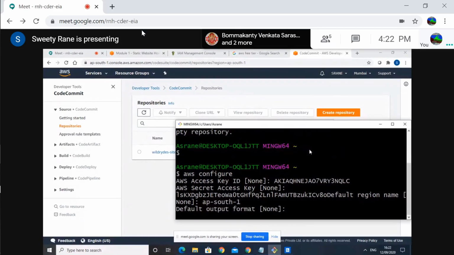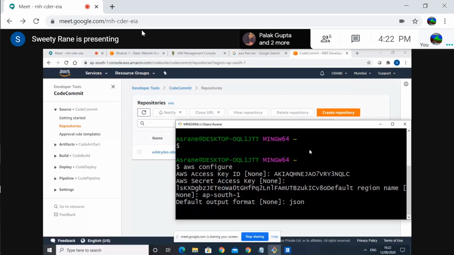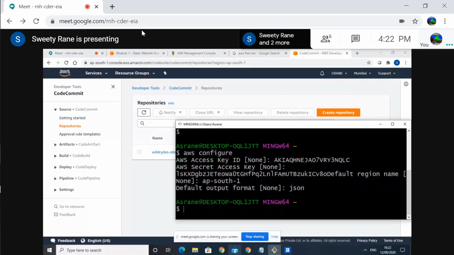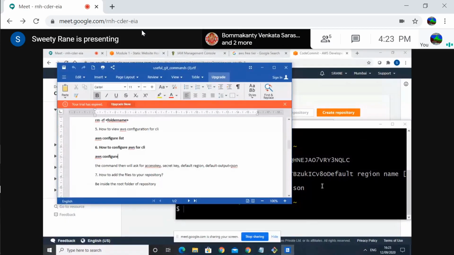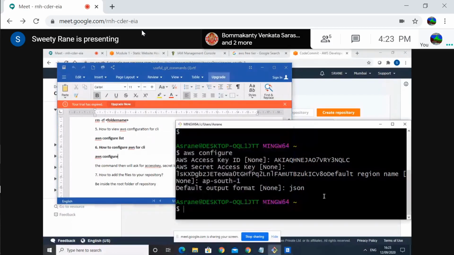Yeah. Correct. So verify your configuration now by typing aws configure list. Yeah, list, it's there, command number 5.